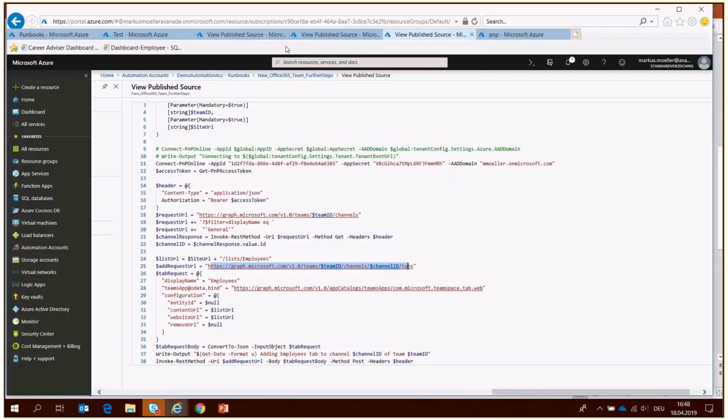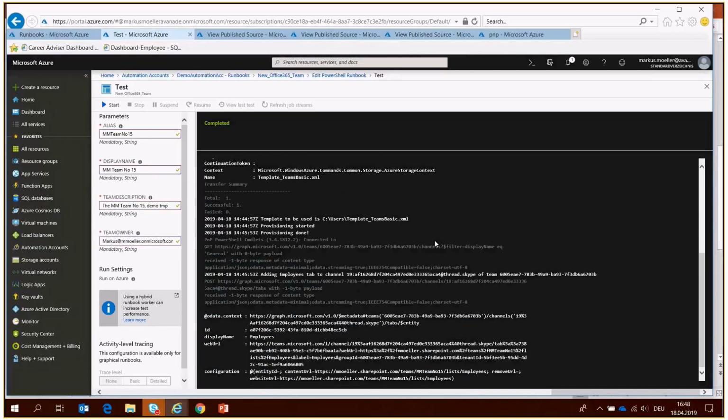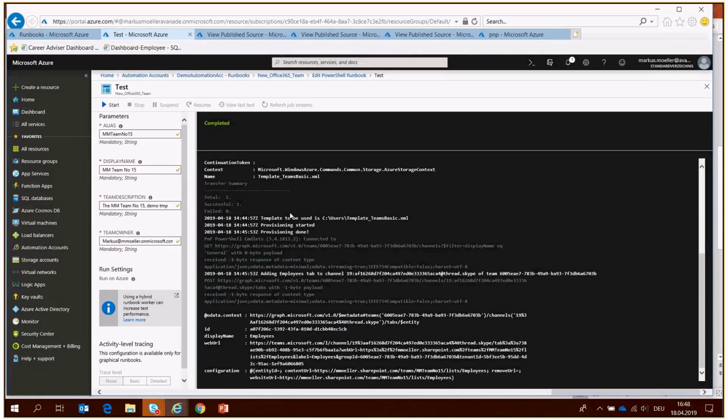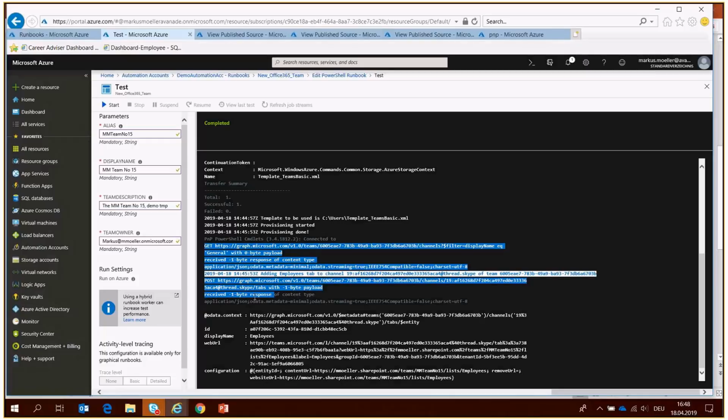And the final result in our test is that everything went fine. Here we have the download of our XML template, which was done to the local running environment of the automation account. And then finally here the provisioning is done. This was the second runbook, and here already starts the third runbook, where we are adding the tab to our team. And then finally, when we switch to our team,